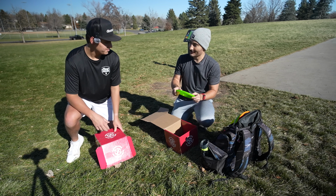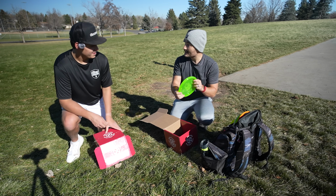Not the whole crew, I think it's just like 2 or 3 Discmania employees. Because I messed up. Everyone's supposed to get the P3X plus 2 other stones. I only got the P3X and the Night Stone, which is that Neo FD. We will talk about the other discs in here real fast and then we'll get to the height of